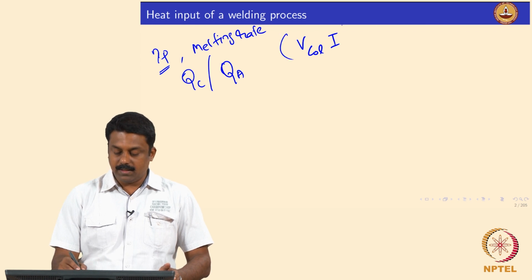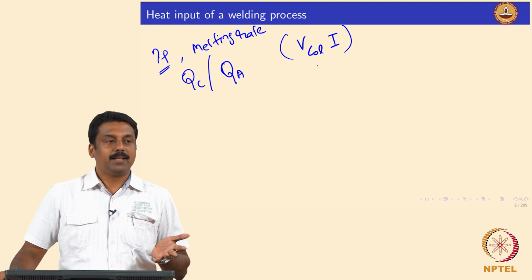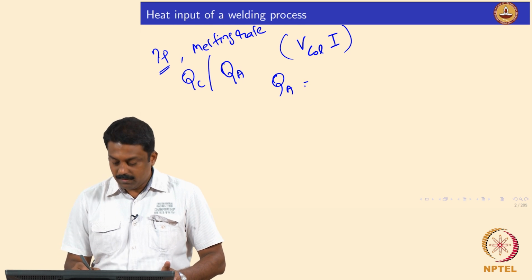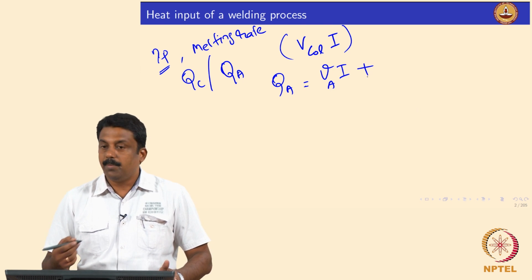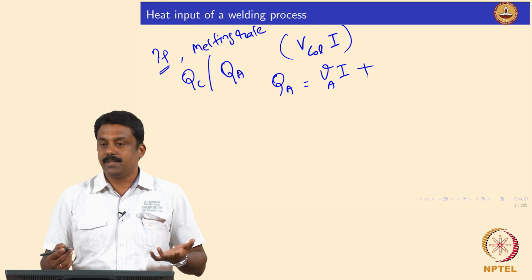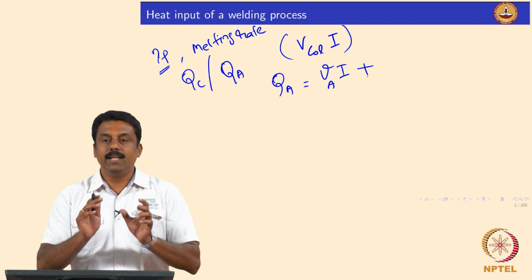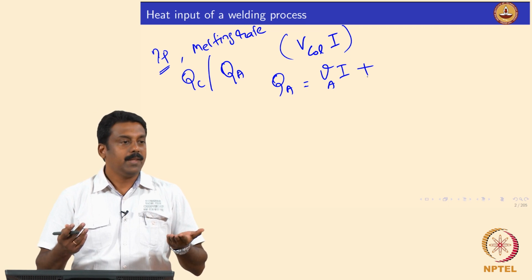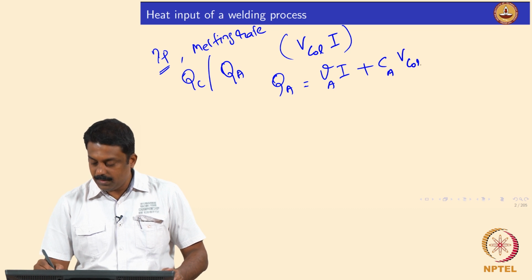this term, which determines the heat generation in the arc column. When you look at QA, for example, the equation we derived is the heat generation in the anode plus the amount of heat transferred from the arc column to the anode. Not all the heat is transferred, only a fraction, based on radiation, conduction and convection from the arc to the anode. That is determined by the fraction, V column and I.